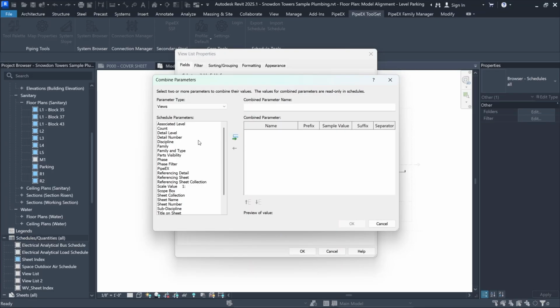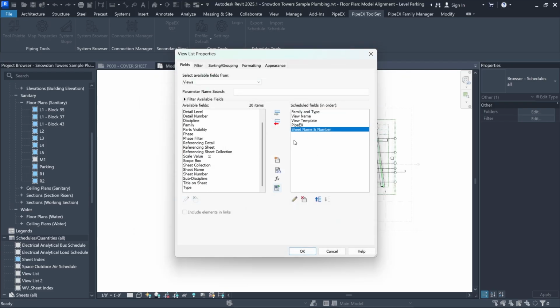Here, Revit gives us the possibility to combine several parameters into one field. So what I can do, I select the parameters I want and click Add Parameter. You can name your combined parameter above. Let's say we'll call it Sheet Name and Number. And click OK. If you forget to give your combined parameter a name at this step, don't worry, it will